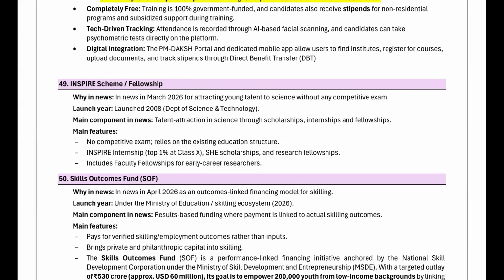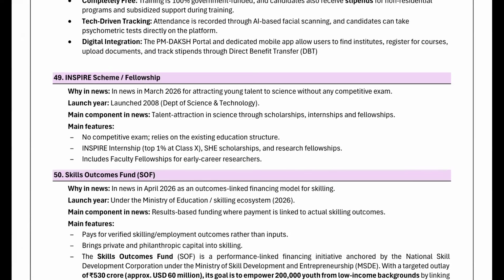read the 49th scheme. The 49th scheme is about the National Overseas Scholarship, that is NOS, right? What is it, and under which ministry will it be covered? Obviously, the Ministry of